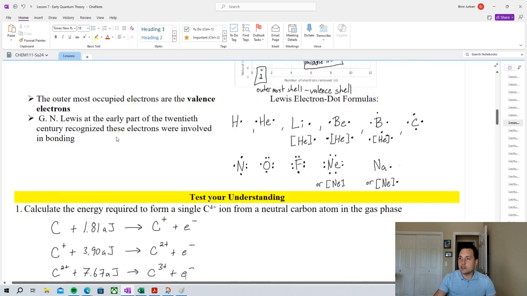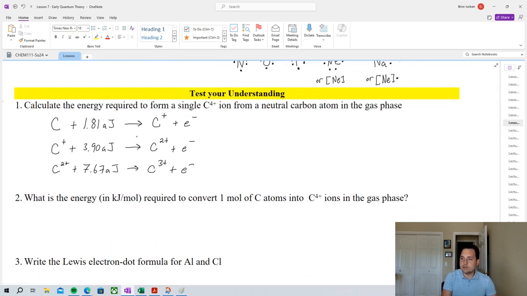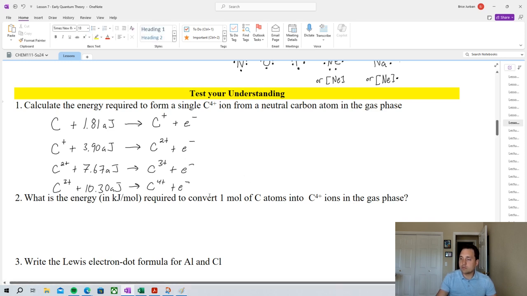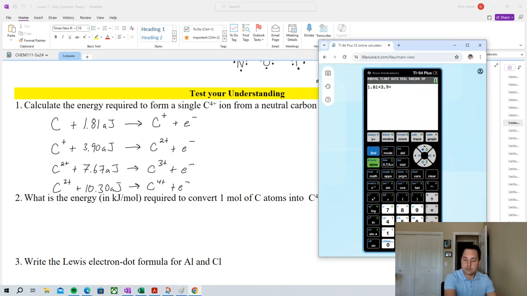And the last one is 10.3. Okay, and the total energy that's required is 23.68